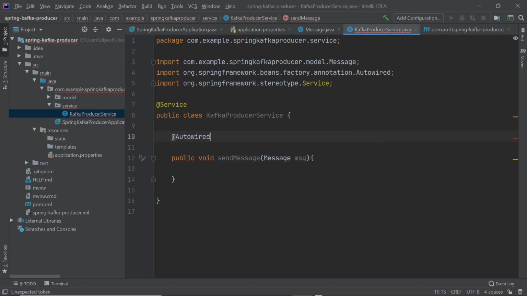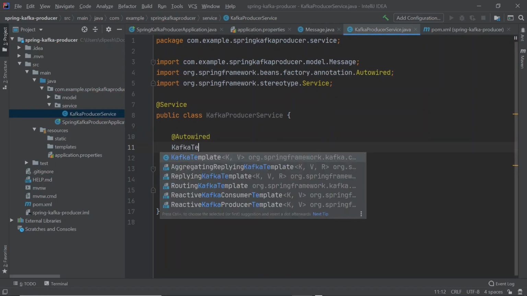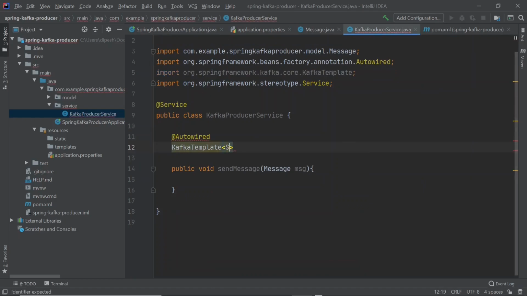So we are going to simply autowire that bean. We are using string type for both key and message, so we will use that as our type reference, and we will create this KafkaTemplate instance here.